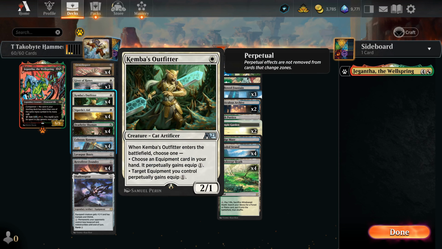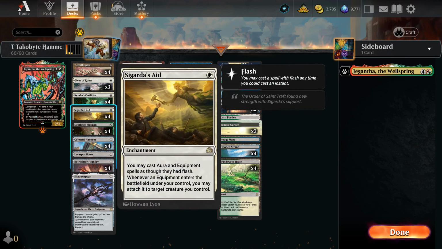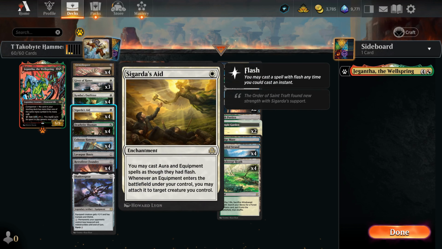Obviously, Kemba's Outfitter here, one of the Arena-only cards, very, very good in this kind of deck, gives our Colossus Hammer some permanent abilities, and is a decent body in and of itself to hold the hammer. Often you can find turn 2 Kemba's Outfitter bangs for 12, so pretty much you can set up for turn 3 wins if your opponent's not ready. Pretty good card. Sigarda's Aid obviously is in here